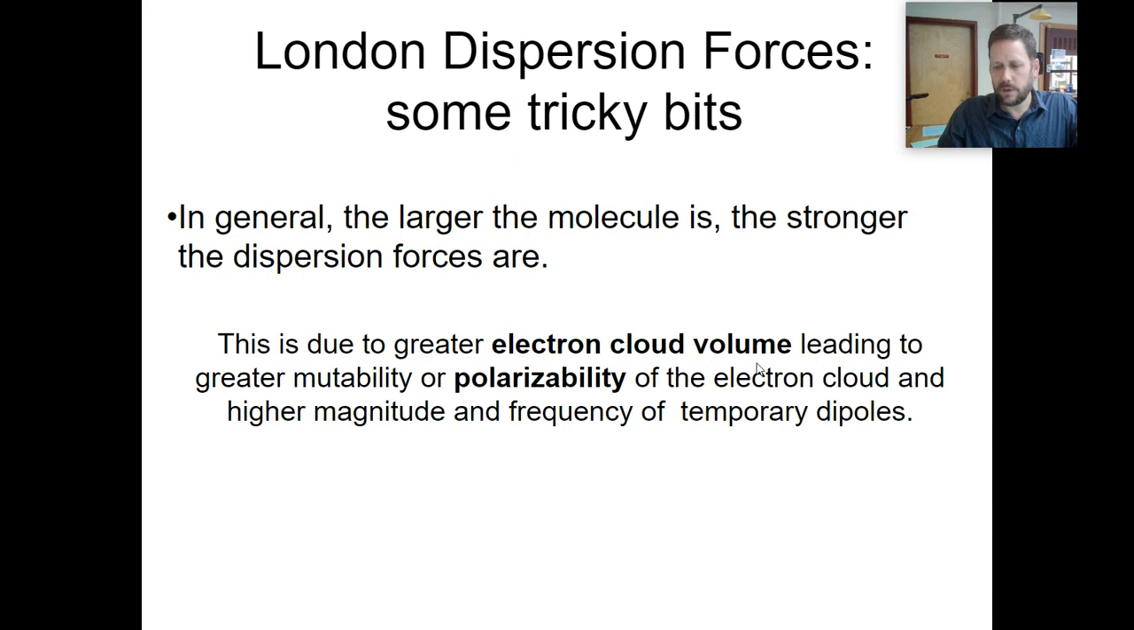If there's a really large volume of the electron cloud, like there is for bromine or iodine, then the electron cloud is more polarizable. That means there's going to be more fluctuation in the electron density and more temporary dipoles, and that means the dispersion force is going to be stronger. This actually explains why chlorine at room temperature is a gas, bromine is a liquid,